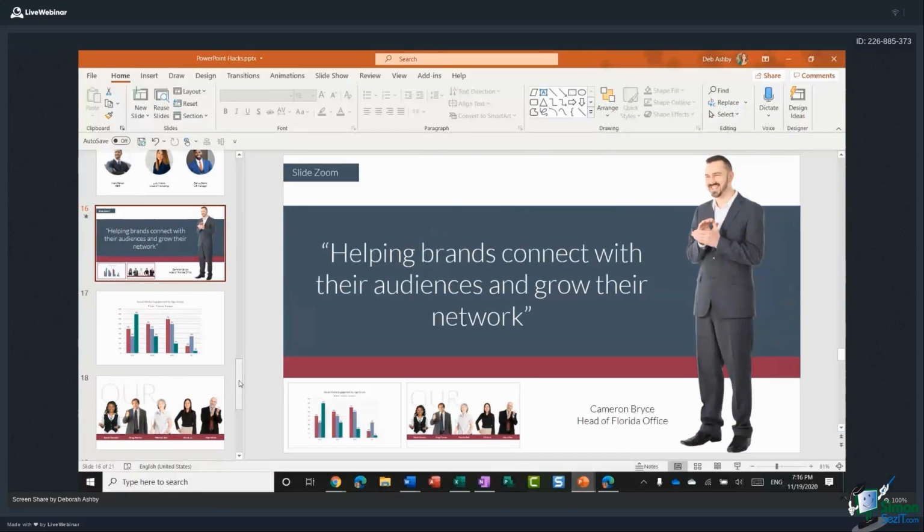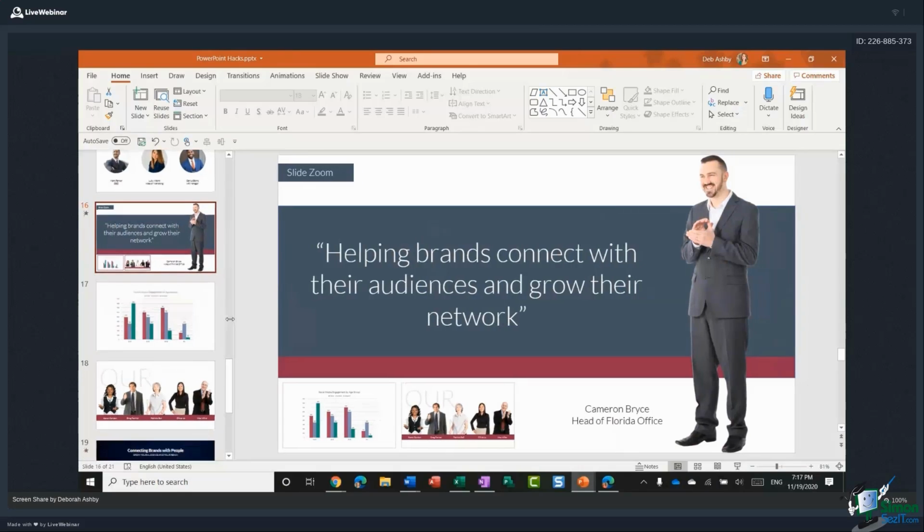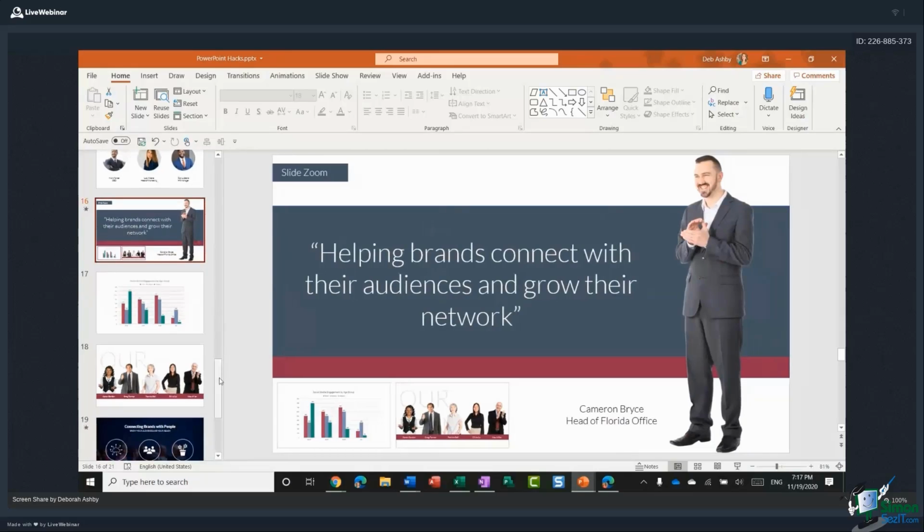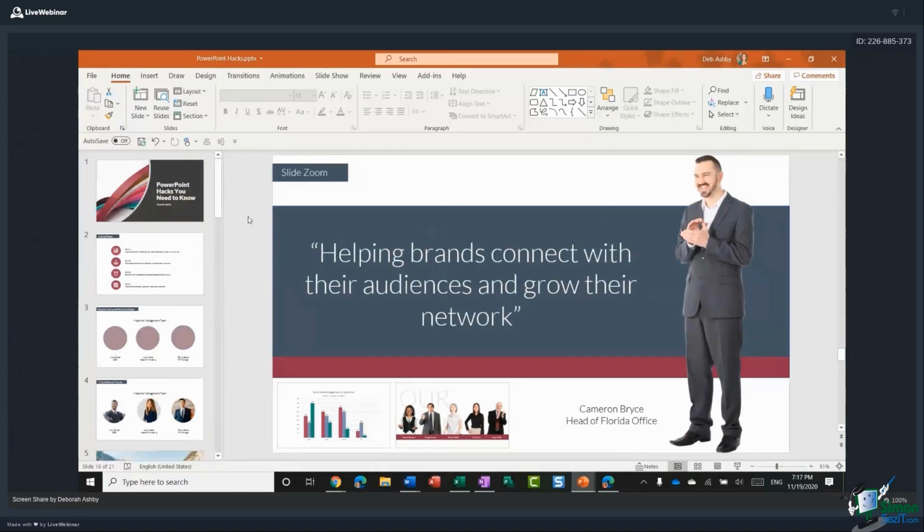Now we're going to revisit this in a few minutes because we're going to do something a bit similar to this. We're going to do a section zoom in a moment, but before we get to that, we need to add sections into our presentation. And this is my next little tip, something that I see people do very rarely. And this is particularly important if you have a very long presentation. It helps give structure to the presentation and it also makes it appear more organized.